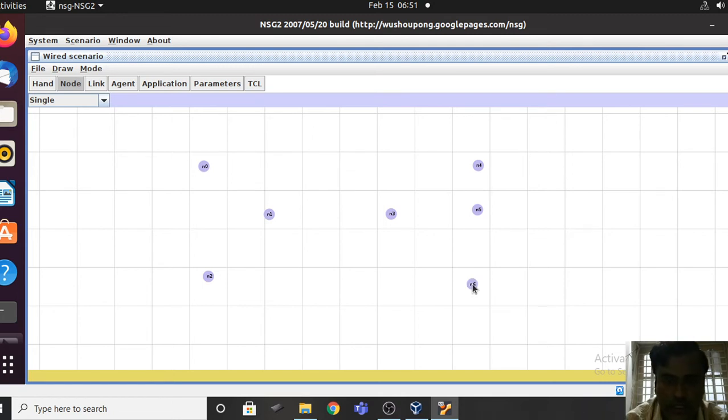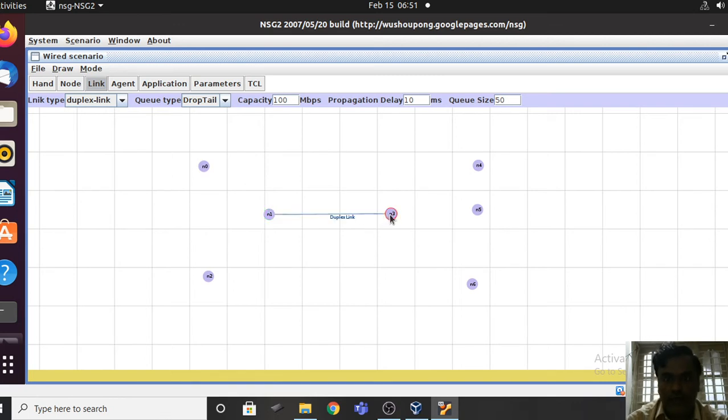After this, go to the link and establish a link. See, for this common channel I am taking the capacity as 100 and Q size as 50. I have connected that, and for others I am making the changes only with respect to the capacity and Q size.